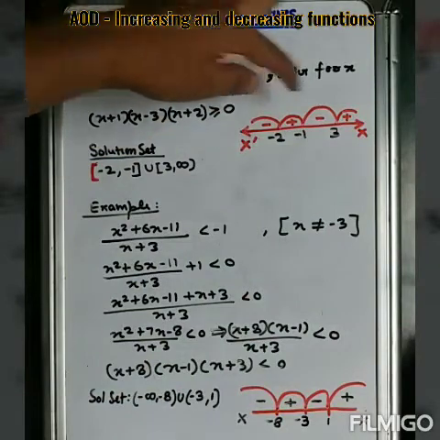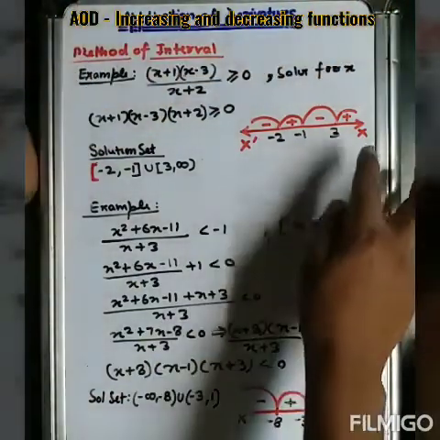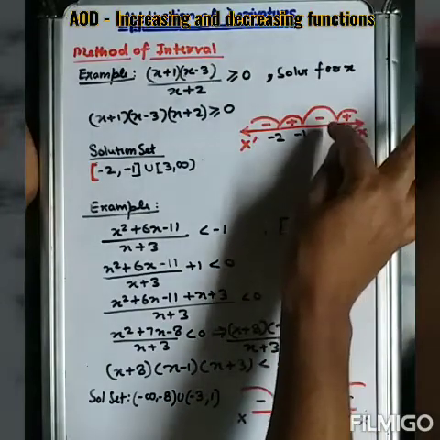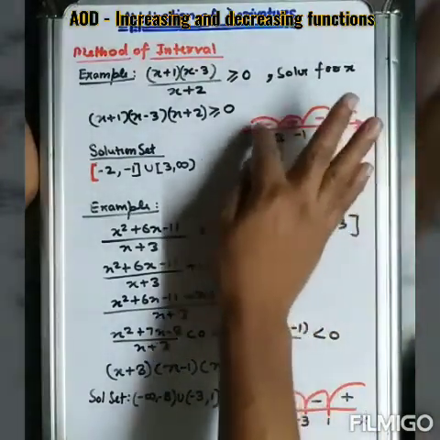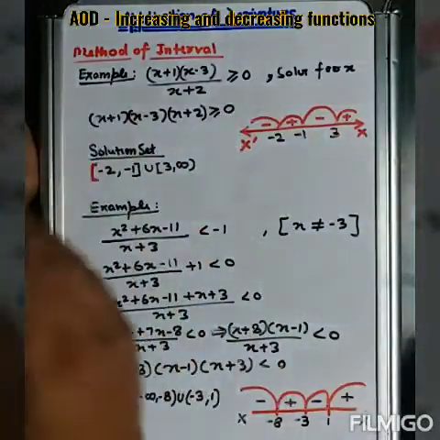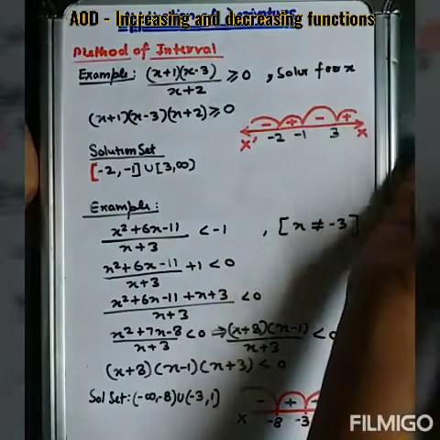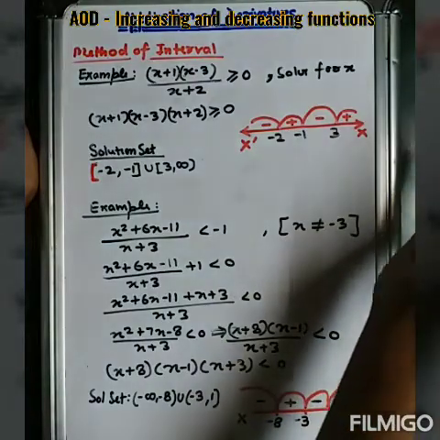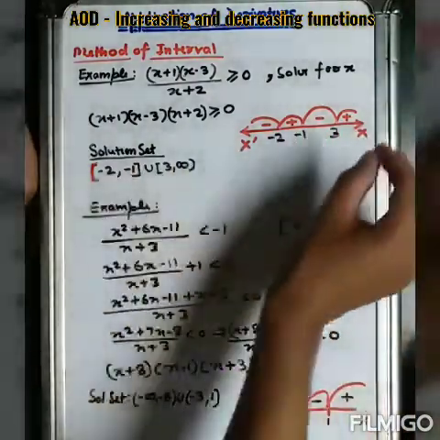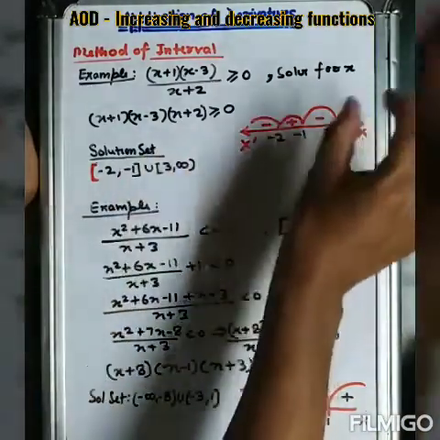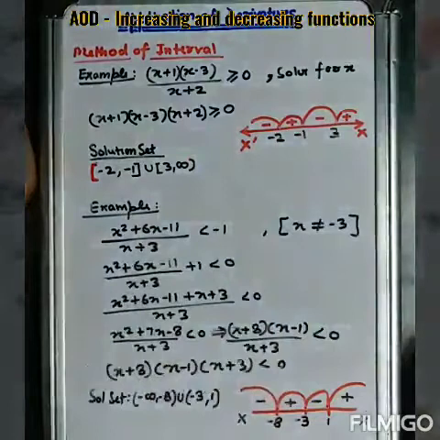So from the right side, we have to start from the positive sign, then negative, then positive, negative, and so on. The main thing is you have to place the positive sign first on the right side. Starting from right to the left side, we have to start from the positive sign. Any number of signs can come, but the first should be the positive sign.